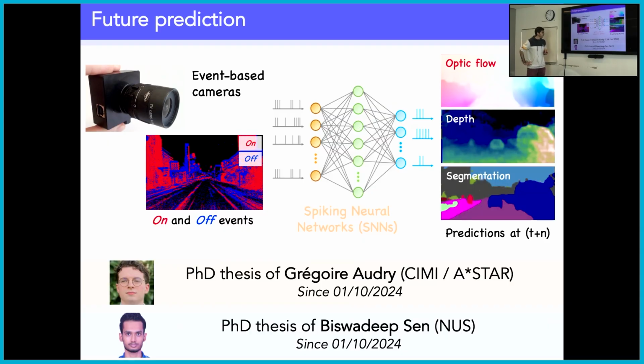Okay, 2 other PhD students are working on something that I think is very promising. They are trying to extract future prediction. This is a form of unsupervised learning or auto-supervised learning, self-supervised learning, depending on the literature. But here the idea is to train the network to predict its future in the upcoming events. So for example, from the event stream, at some point you will stop the data stream and from the previous data, train the network to predict the future.